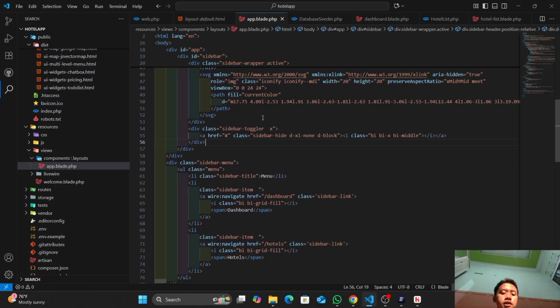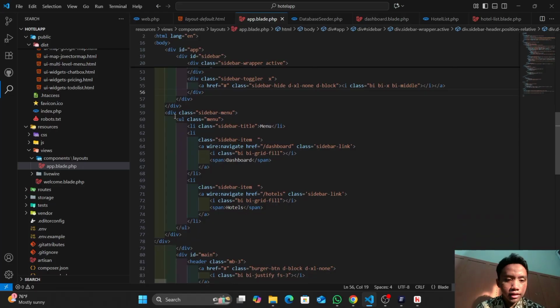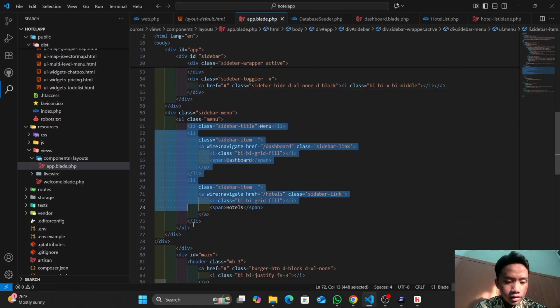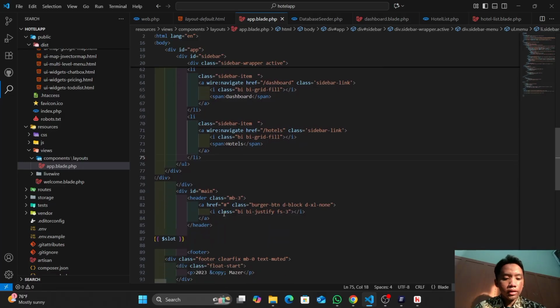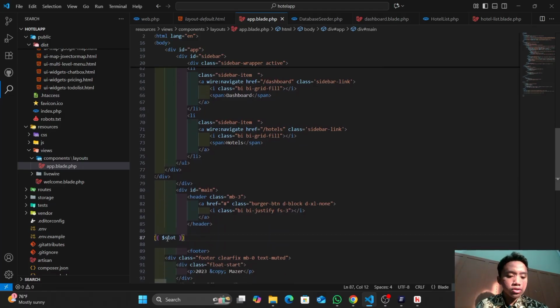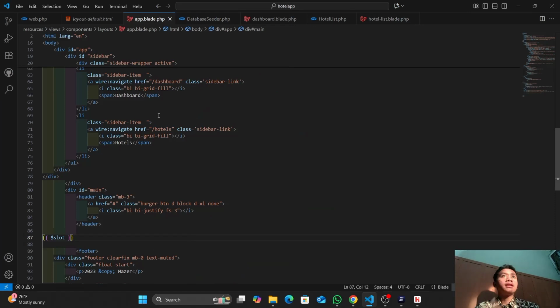The name is app.blade.php. Right, copy all. So the sidebar, we leave it, and we just focus on the main content of the page. Maybe for the sidebar we will remove it.